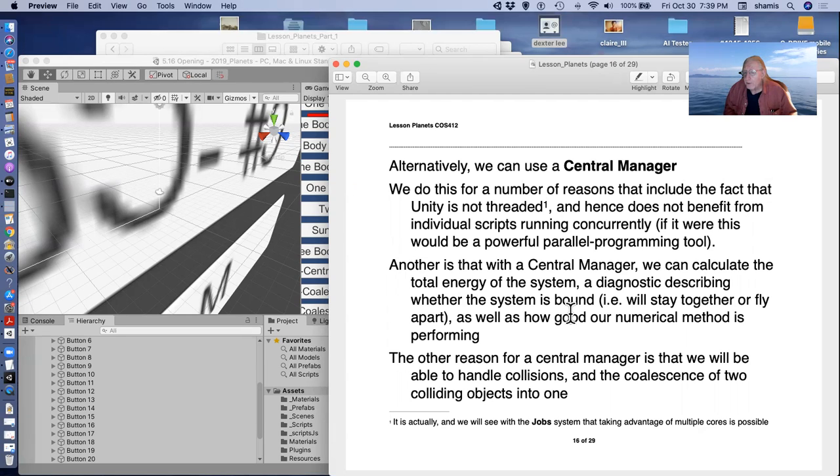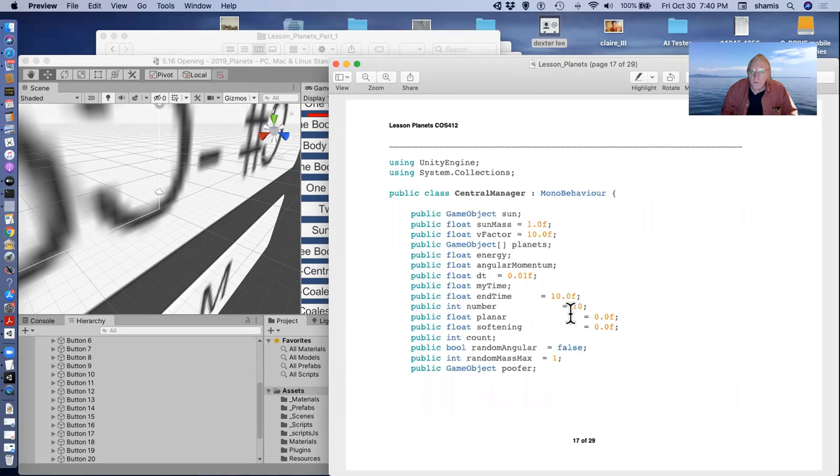Another thing that we can do with the central manager is handle collisions. And I wanted to do this. I wanted planets to bump into each other, stick together and form a larger mass, and then continue on with their procedure. And so a central manager is, I'm going to have a distinct planet that I call the sun. It's not actually treated any differently from the others, except that I want to be able to make its mass